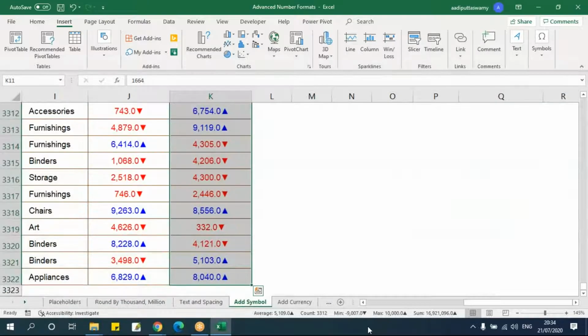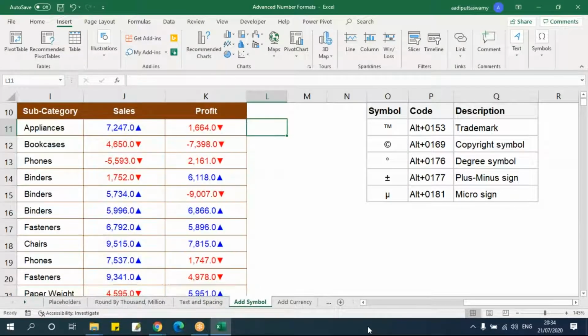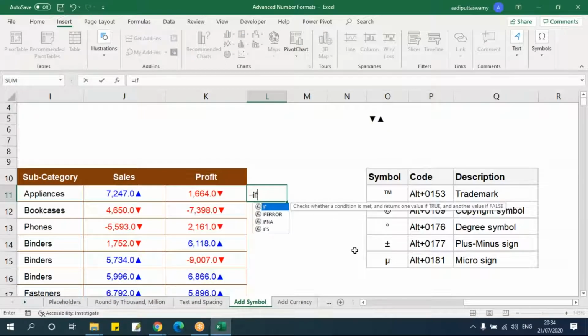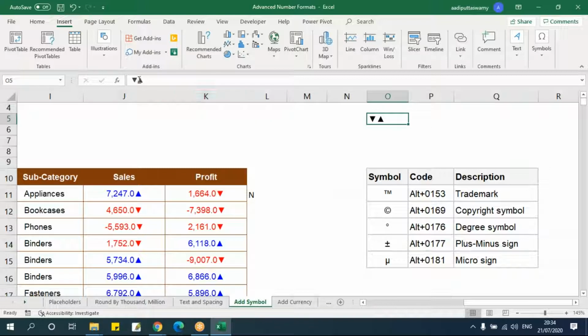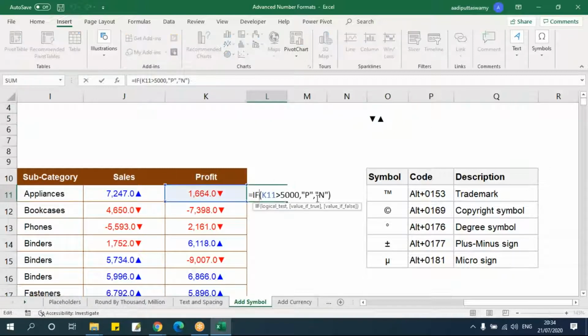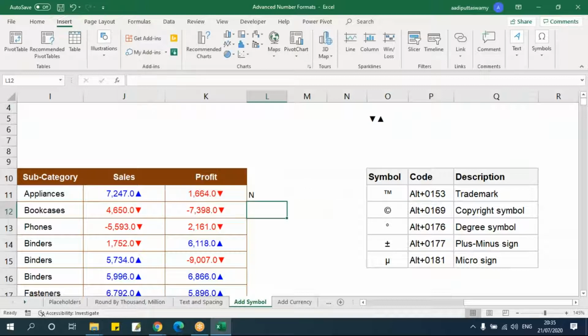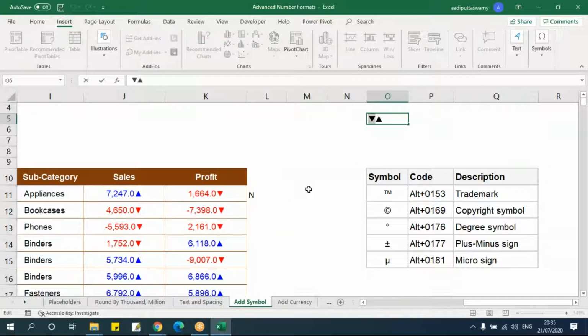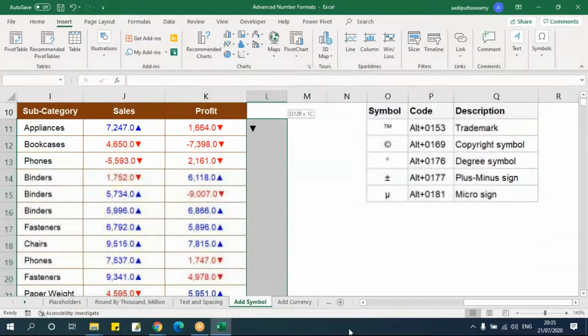See here, let's try. We can put one condition like this. Like this, you can put one if condition here. If this value is greater than 5000, like this you can do. Copy this. For that we can use this conditional formatting, and we can do like what you told. That is, we have some symbols there like this.